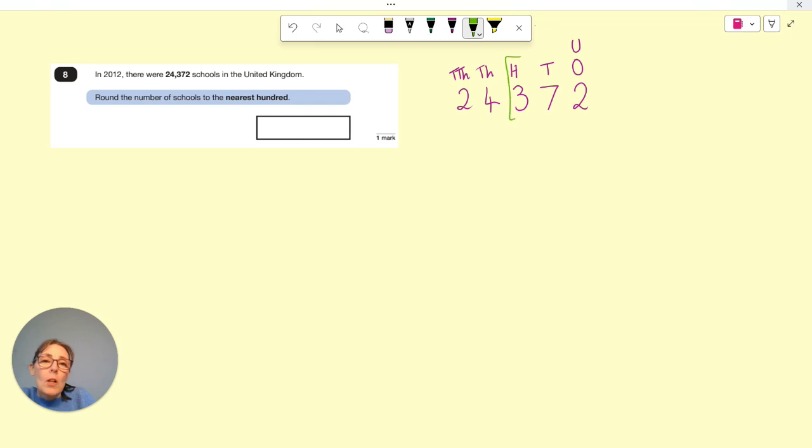So that's our hundreds column. We look at the column we've been asked to and we look next door, and that's a 7. If it's 5 or more, we make that one go up, because actually 72 is closer to 400 than it is to 300. So my answer to this is going to be